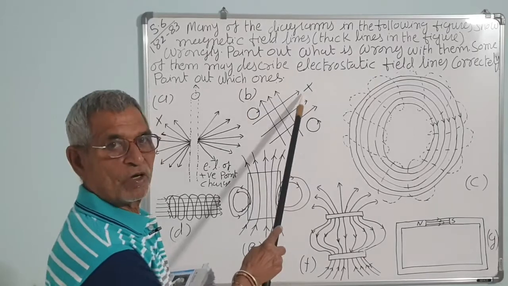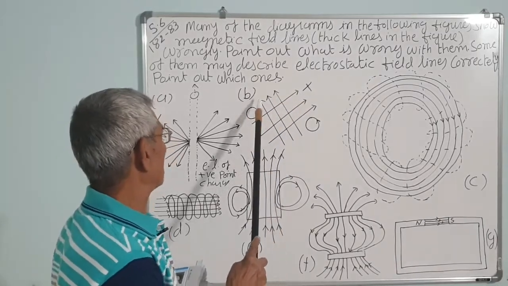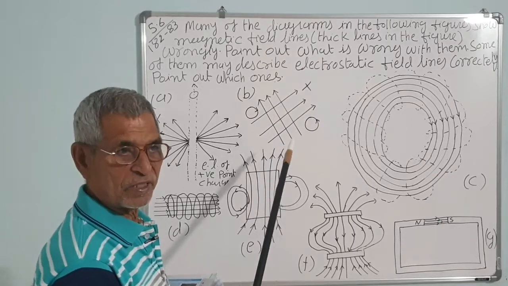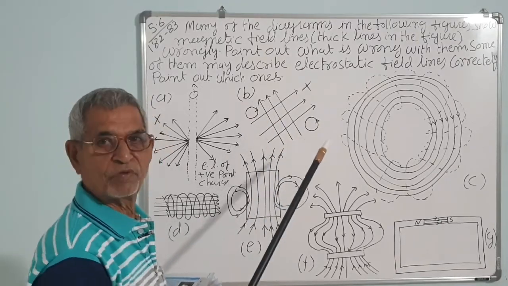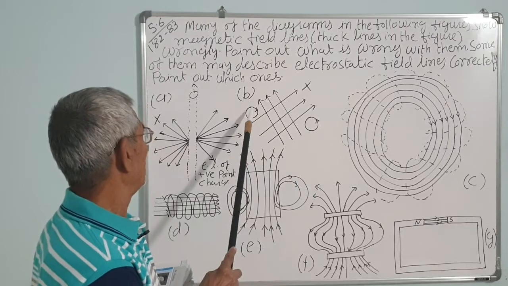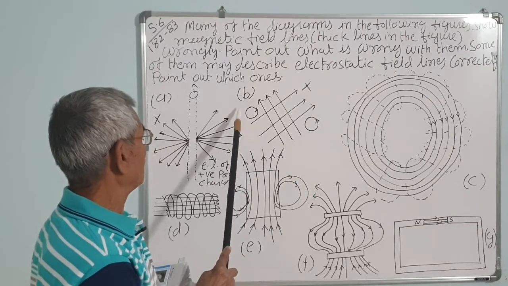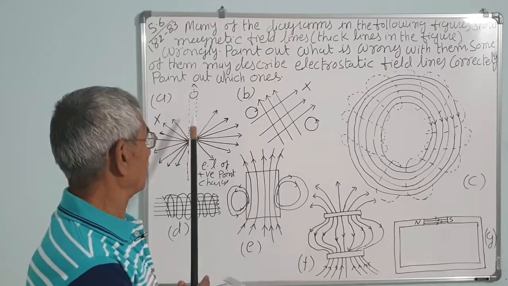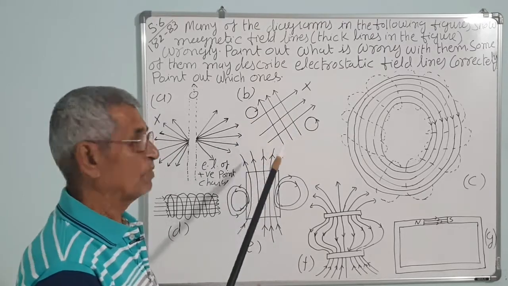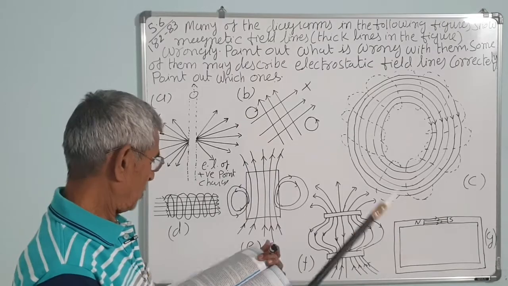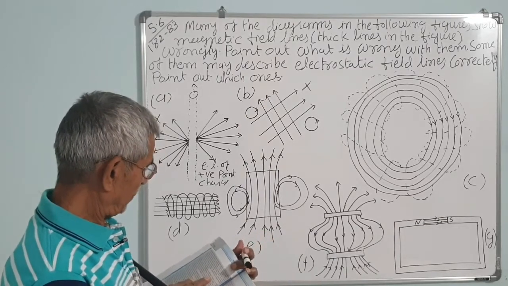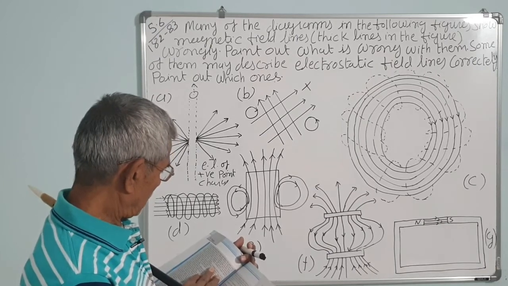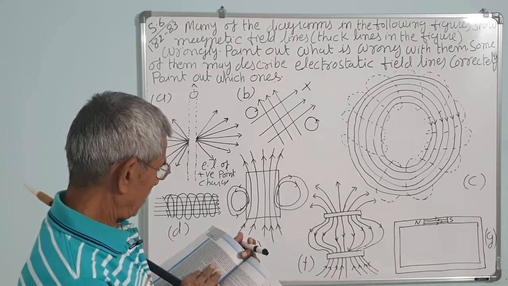B, this is also wrong, because the magnetic lines of force are intersecting. They do not intersect each other. Otherwise, there will be two fields at a point, which is not possible. Another one, these are the points out of the space. That is, they are circles, closed paths, but not here, out of the magnetic field. So B is also wrong. The direction of the field at the point of intersection is ambiguous.